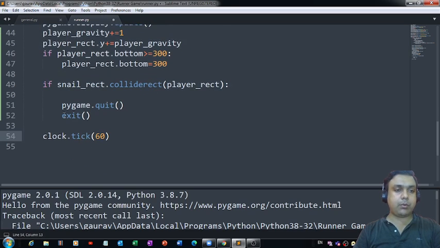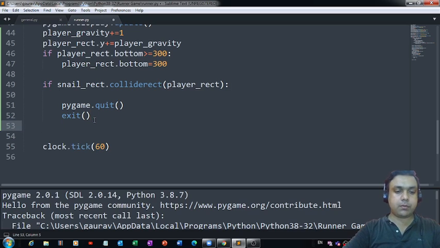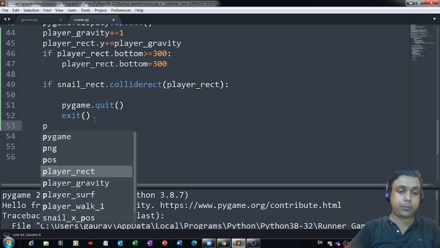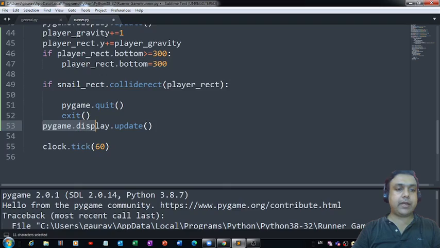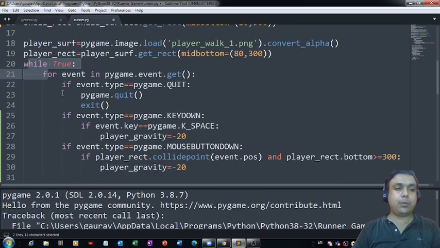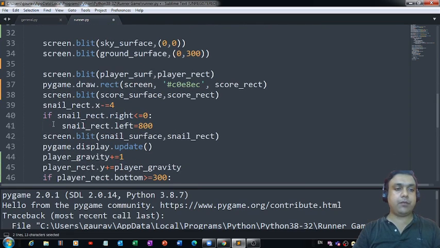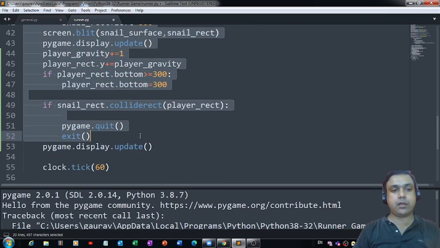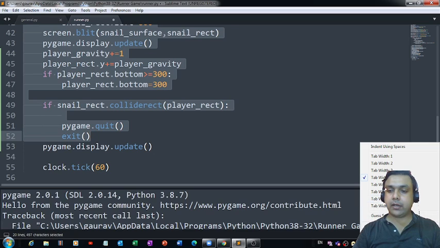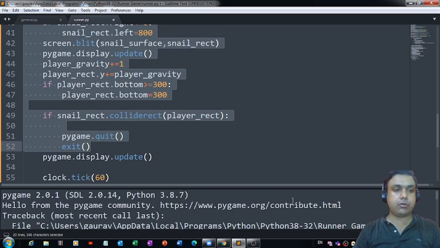Besides that, I would like everything to get updated regularly. So what we can do is use this simple code, which I hope you are well aware of: pygame dot display dot update. Whatever you define inside this while loop will get updated regularly for each and every frame that the while loop creates for us. So what I am doing is selecting everything from this point till this point, and let me just indent it. So convert indentation to, sorry,